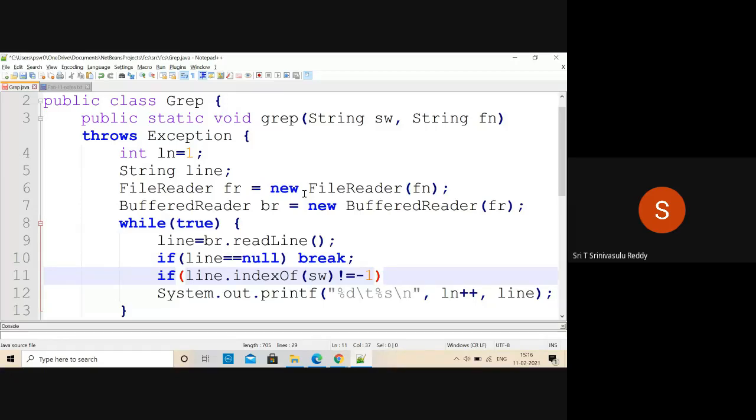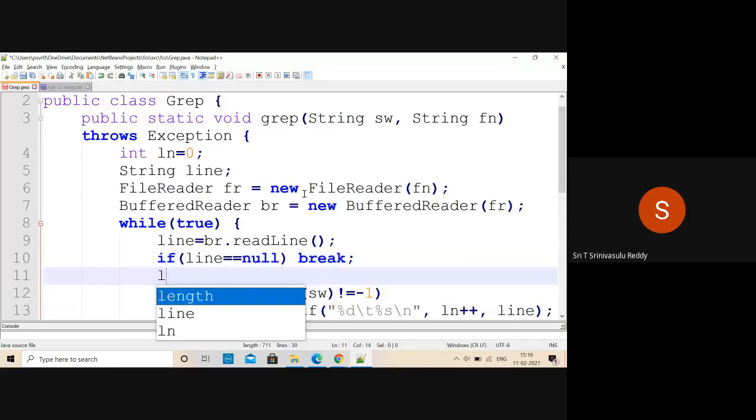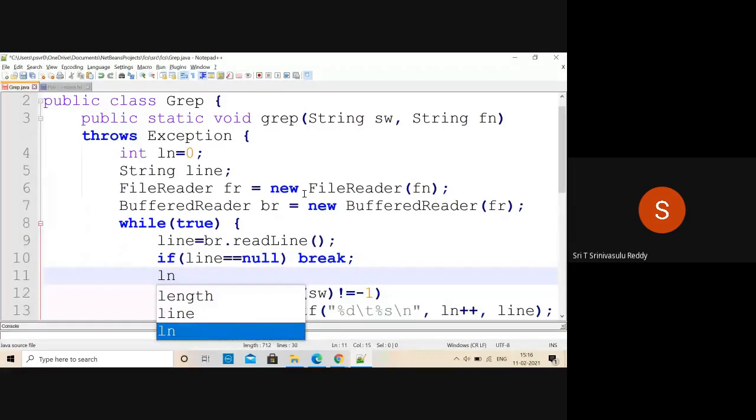And remember, irrespective of that, the line number should always be increased. So what we shall do is, let us have the line number ln as 0 to begin with. Every time you increase the line number by 1, irrespective of that, ln plus plus.